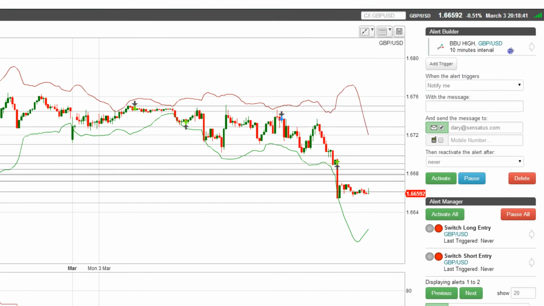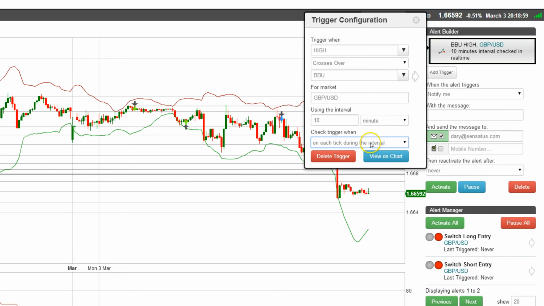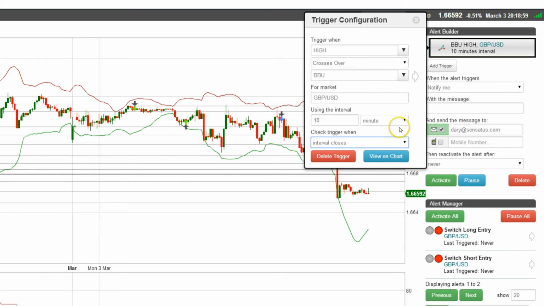And you have a choice to make now. You can say check this at the end of the interval. So if there is a strong directional move, you'll wait until the full 10 minutes is played out before you stop. But if you wanted to check this during the interval, so at every tick, you would select this option. But for now, we'll just say if at the end of a 10-minute interval, if the high price, or should we say the close,